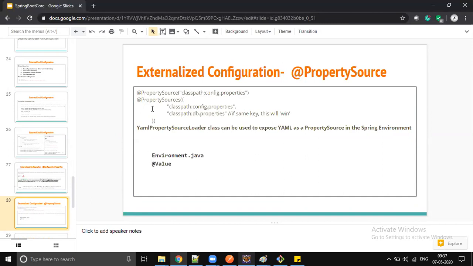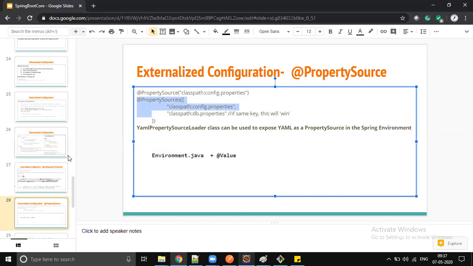Okay. So property source is to configure a property file with a different name. So this is for configuration purpose. So you cannot replace property sources with environment. Environment is an alternative for the at value annotation. To read the property file into your application, either you can use at value or environment. But environment is not an alternative for property source. That is the first answer.